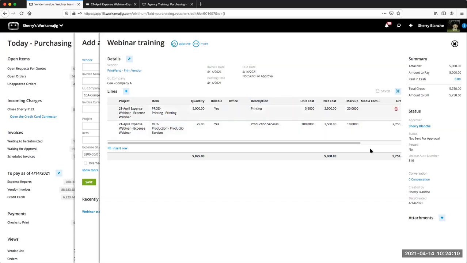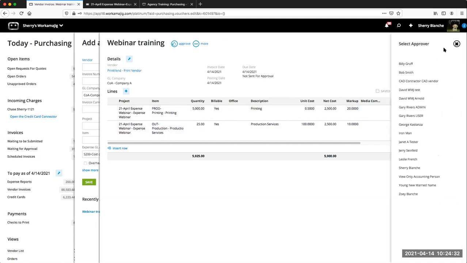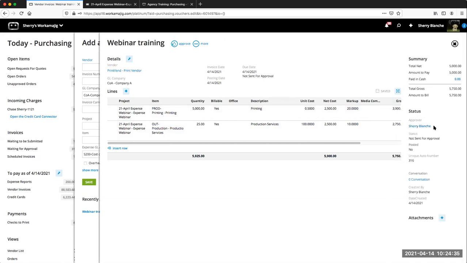Now, these can go through an approval process as well. Who approves these? There are specific rights of who can approve vendor invoices. And there are even some rights to say you can approve them if they are on your project, but not if they're on other projects that you don't belong to. So again, we can be controlling who approves this or who it defaults to as the approver. I made it simple for me. I get to approve everything. So